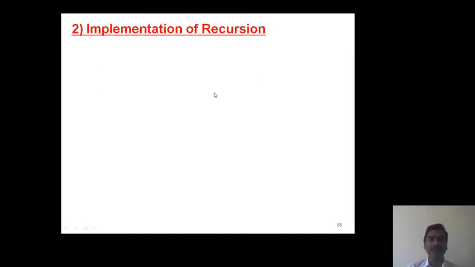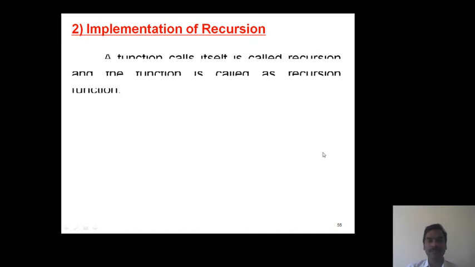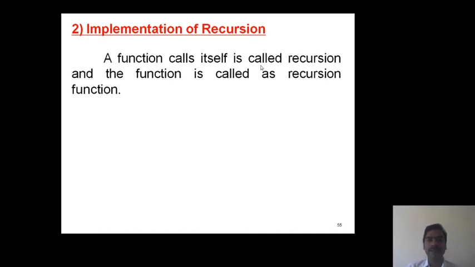Now we go for another important application, the recursion concept. So what is meant by recursion? A function calling itself is called recursion, and the function is treated as a recursive function. Now while designing a recursion, we must place two conditions, one as base condition and another as recursive condition. Here the base condition avoids the recursive call and the recursive condition calls the recursive procedure.